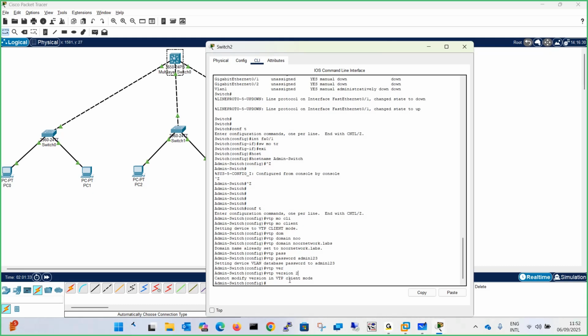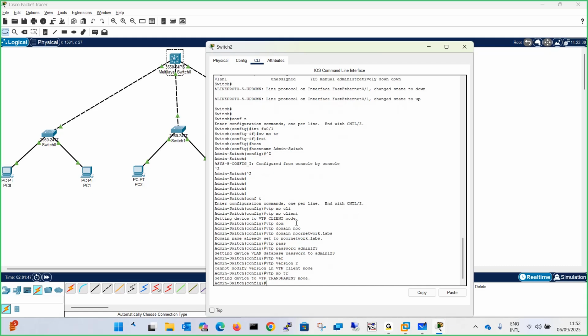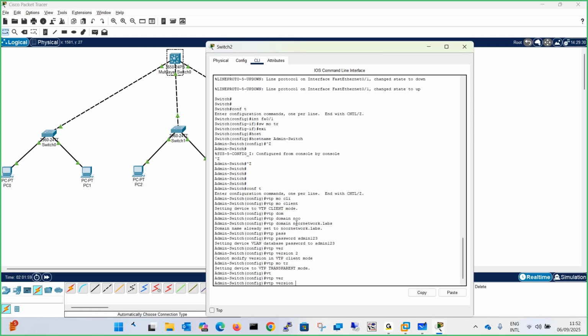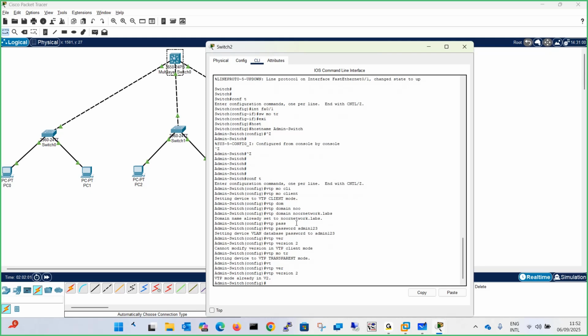It is saying that VTP version cannot be modified in client mode. So actually we need to configure the version first, but over here I put client mode by mistake. Just for some time, say VTP mode transparent. Okay, just put it in transparent mode. In production also, if you want to do any changes, put it in transparent mode. And now say that VTP version should be 2. Okay, it is saying already in 2. Now again put it in client mode, VTP mode client,